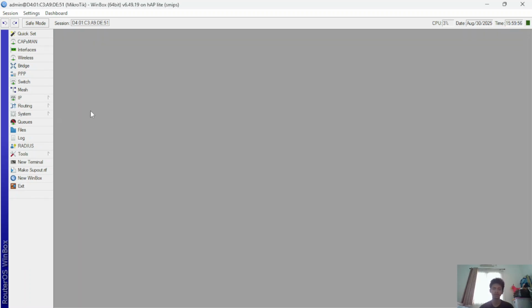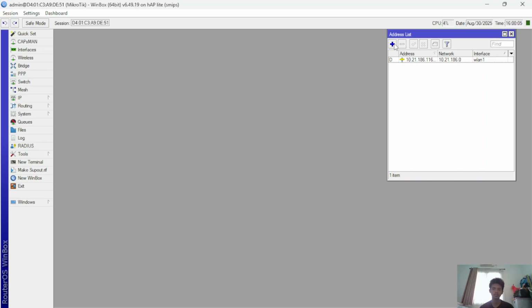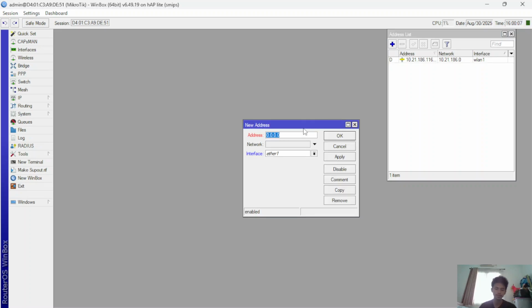Then we create the IP address for the VLAN. Go to IP addresses, plus. Interface lab 1, apply, okay.